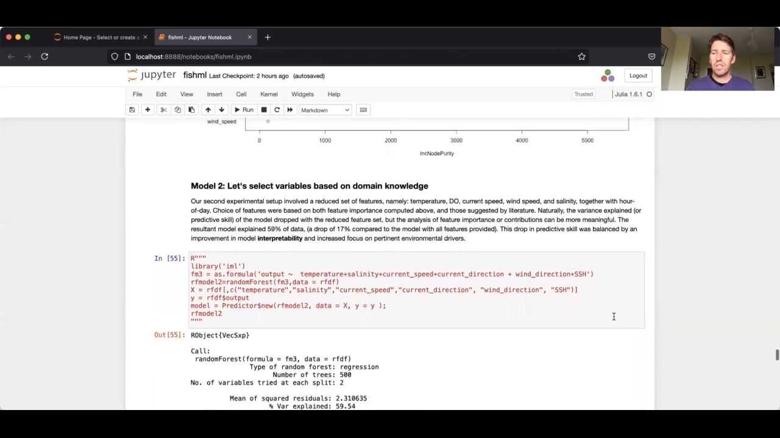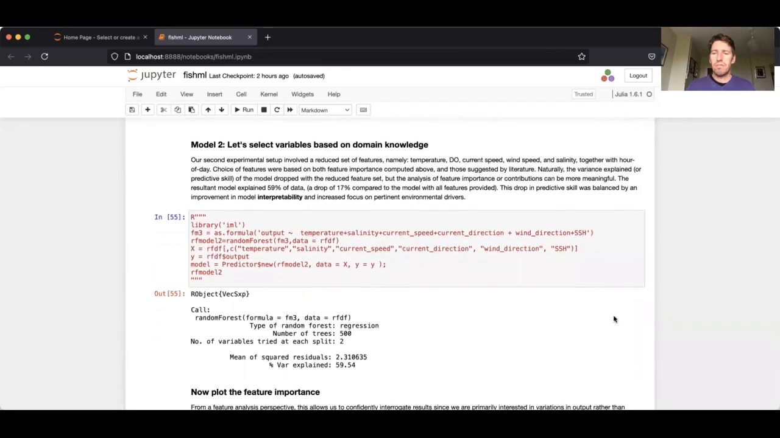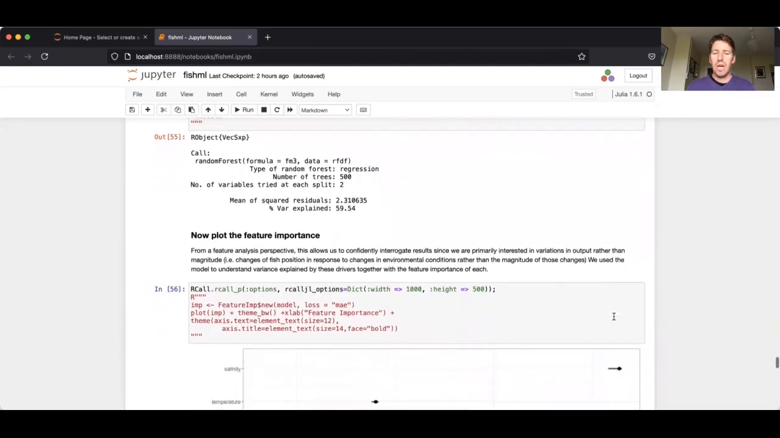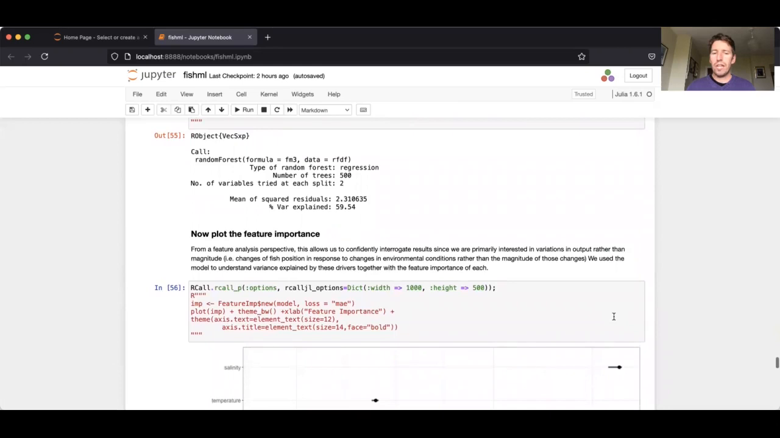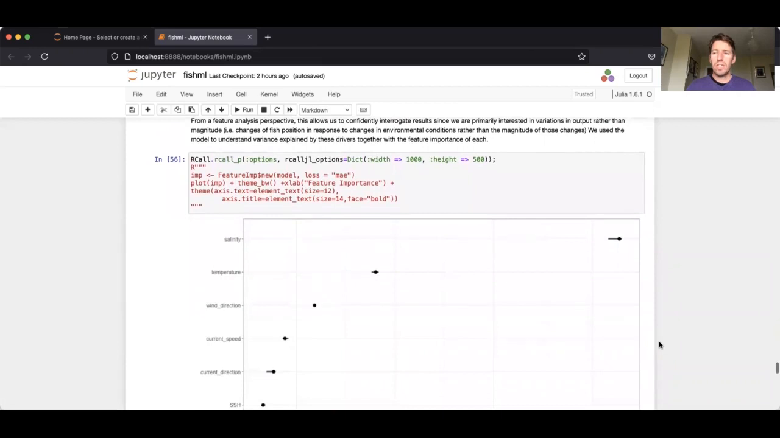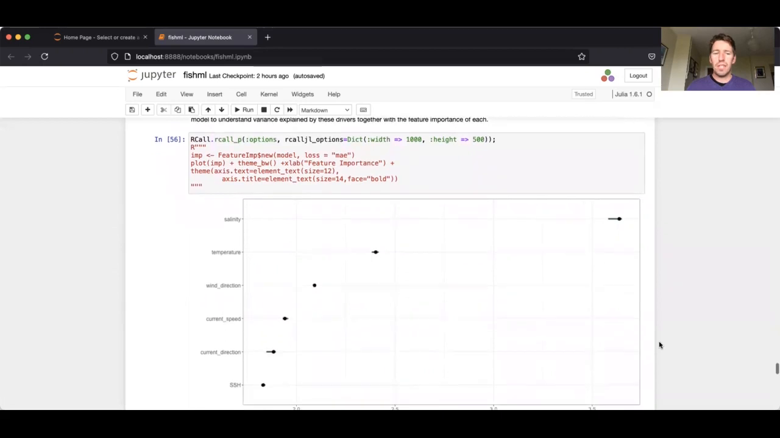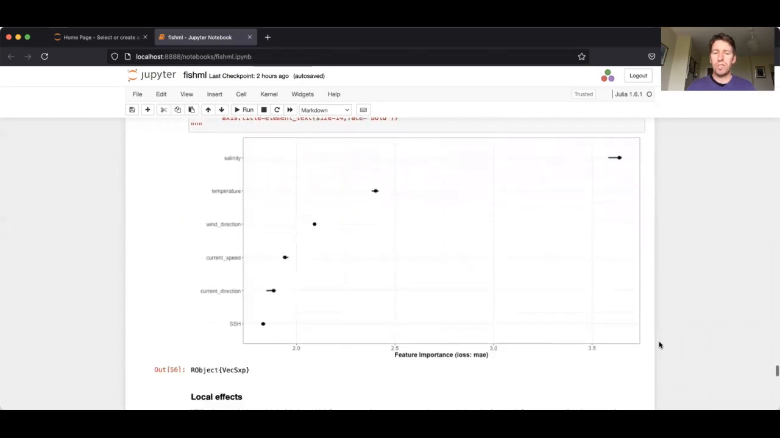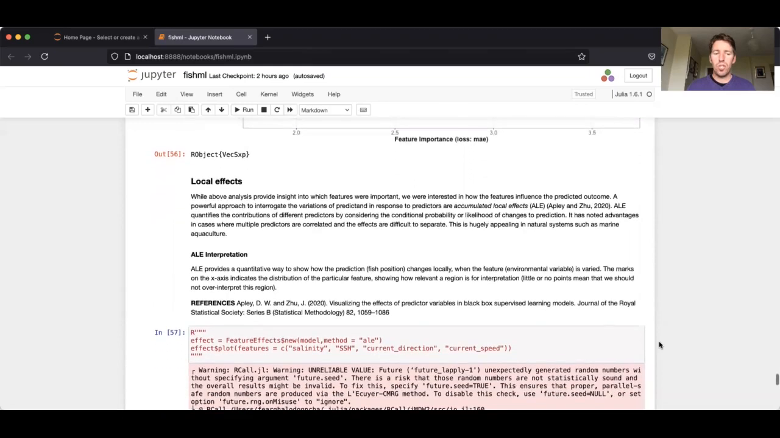So a subset of selected features naturally returns a drop in variance explained to about 60%, but more specifically, it provides a more interpretable model for the features present. So we can quite easily see that the features relating to salinity, temperature, and mechanical mixing, such as wind and current speed, have a high impact, or have a high feature importance, and that can be interrogated more